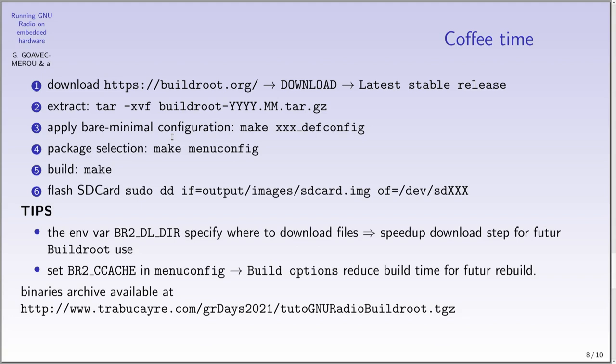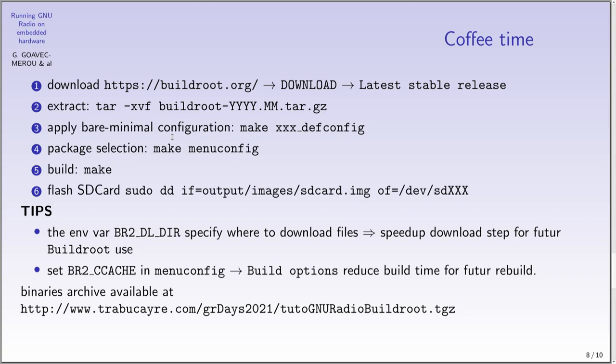Take care with the destination. Again, if you use the wrong SD something, it's possible to lose the content of a hard drive. There are some tips. First, for this time we have just to use one Buildroot, so it's okay. It's the first time, so all files must be downloaded. But it's useful if you have more than one Buildroot